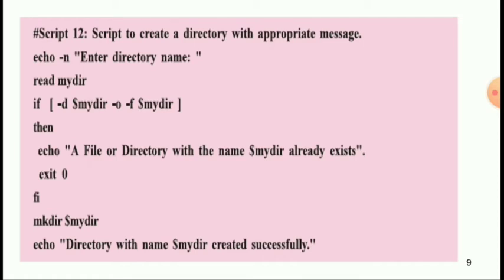fi construct. This construct in shell script allows us to perform decision making. The if statement of Linux is concerned with the exit status of the test expression. The exit status indicates whether the command was successfully executed or not. The exit status of a command is 0 if it has been executed successfully, otherwise it is set to 1. So that is the output of the scripting.